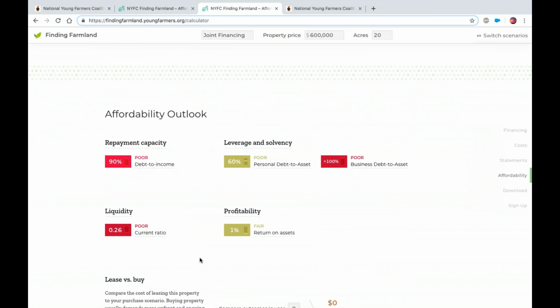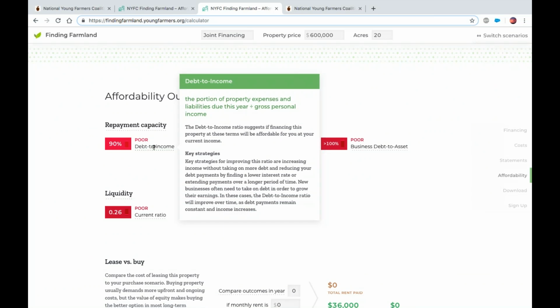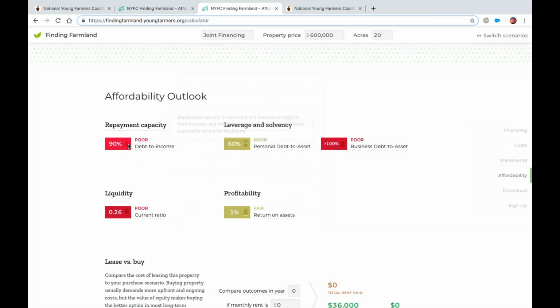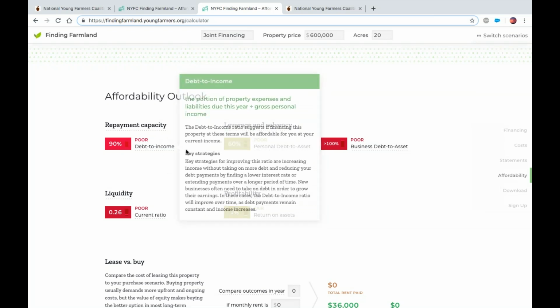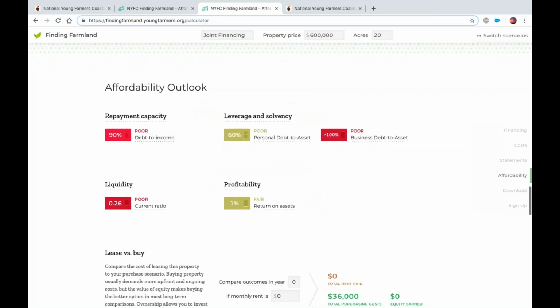And you'll see with all the red and yellow down here that the affordability outlook's not great. This would be way over leveraging this person. So their income, 90% of their income would be used to be paying back loans every year. Just their mortgage every year. So obviously this seems out of the question for this person to be paying this much money. They would absolutely get turned down by their lender, showing this amount of income and trying to buy this kind of property.